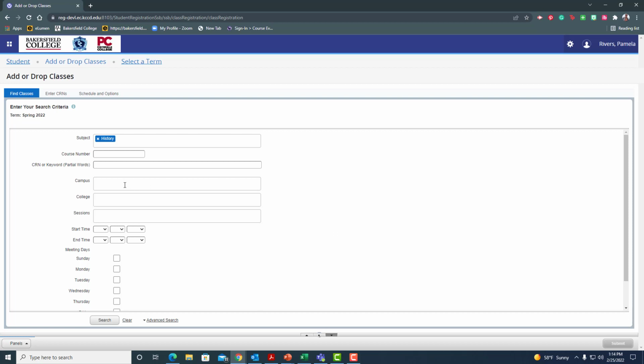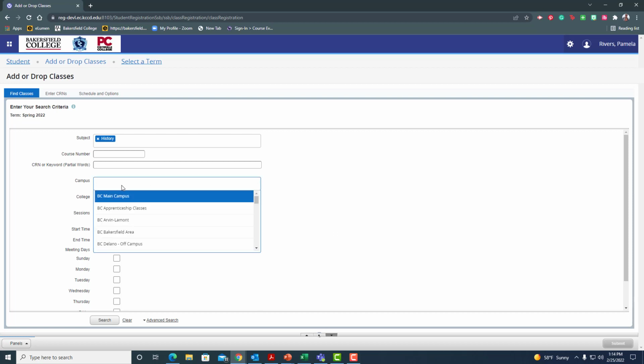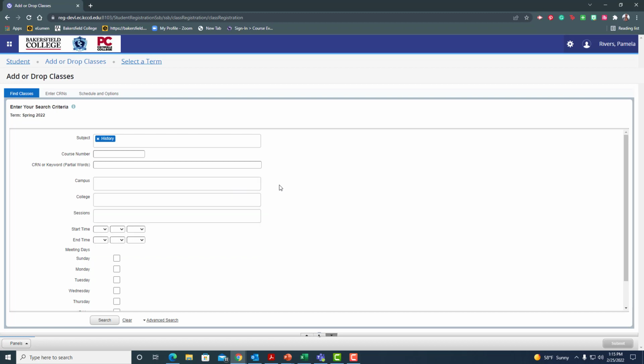The first is campus. When I click in this campus box, I get all of the campuses that are available, and these are BC, Porterville, Shafter. You just scroll all the way through. Now, saying that, I'm going to recommend you don't use this because it might limit you a little more than you want to, and you might not see online classes or hybrid classes, but you might want to click in this college box. And again, there I see Bakersfield, Shafter, or Porterville, and you can choose your home college to limit you a little bit in that way.